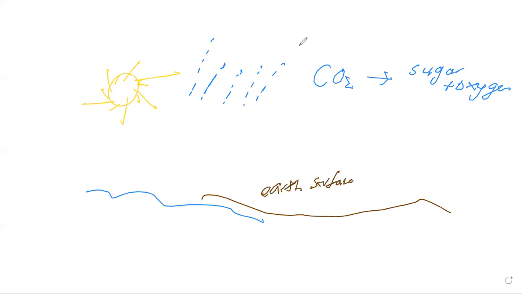So some of the solar energy goes there on the Earth, and when the sun rays go on the Earth, what happens? The surface gets heated up. This surface warms up, okay? It warms the Earth surface, and then the atmosphere is warmed,